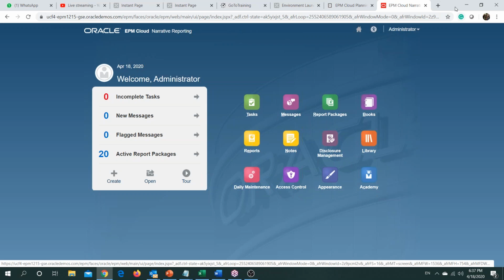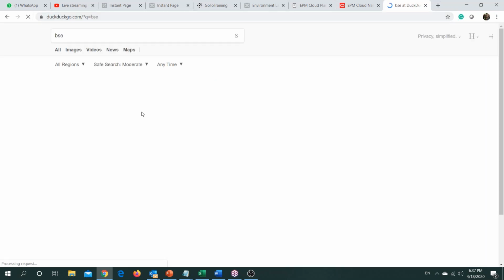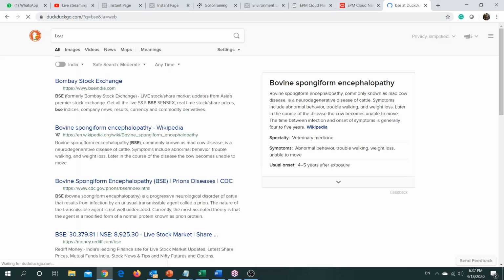So before proceeding, we should know how an annual report works. So let's say we go to BSE and just download one of the annual reports and see what an annual report contains. Okay, so let us download one of the annual reports for the purpose of reference.